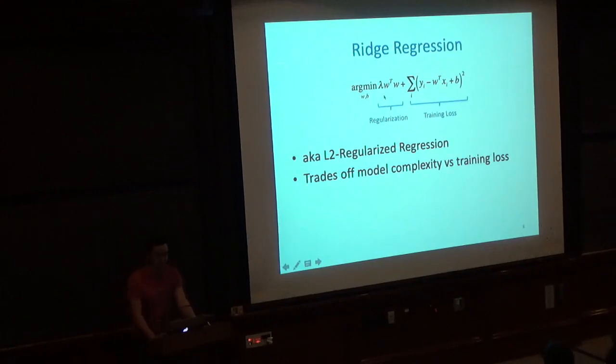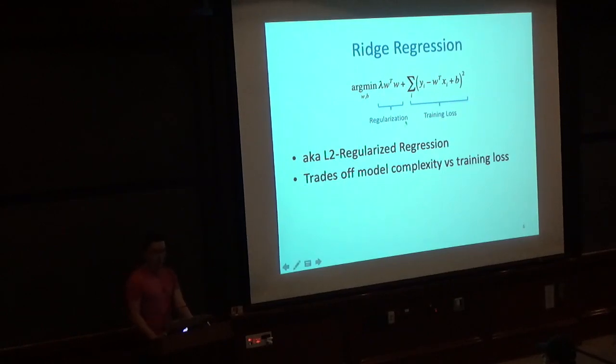Okay, so this learning objective is called ridge regression. It's simply L2 regularized least squares regression. And the way we're going to think about these two terms in this lecture is we have one that is training loss. So this is one we've been looking at for the last 3 lectures. And it simply characterizes the mismatch between our model's prediction and the target prediction in the supervised training set that we've collected. And so this is something we're quite familiar with. We want to minimize the training loss.